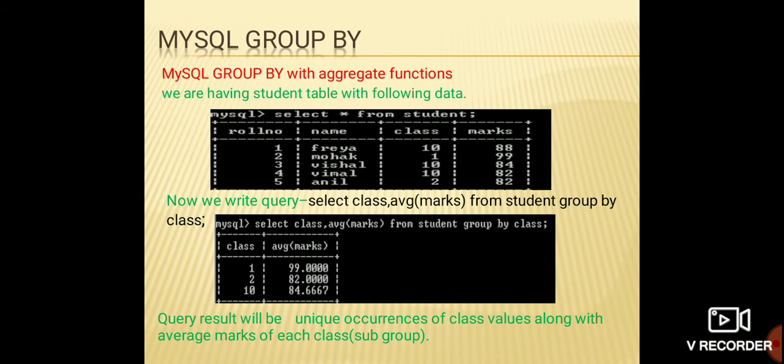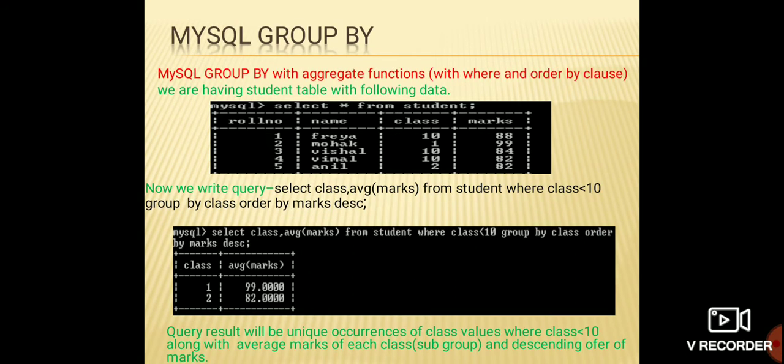So for the 3 datas it will take out the average of those 3 data, like 88 plus 84 plus 82 divided by 3, what will be the output? That data will be extracted and written over here. Okay, so this is the output of taking out the average mark. Okay, next is your group by